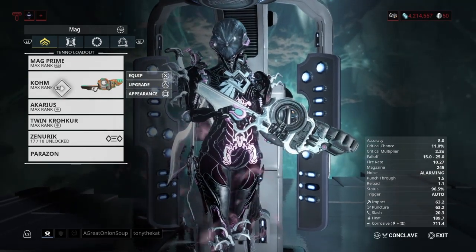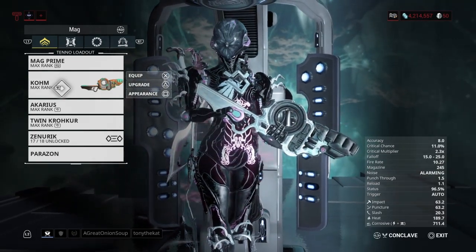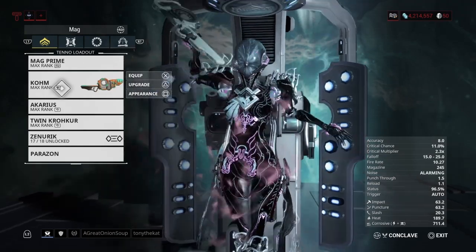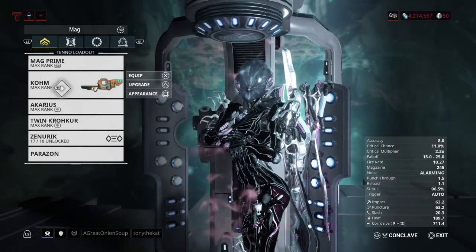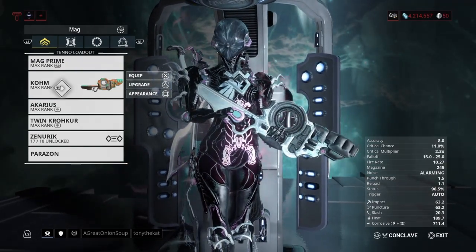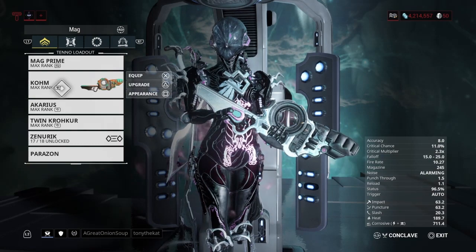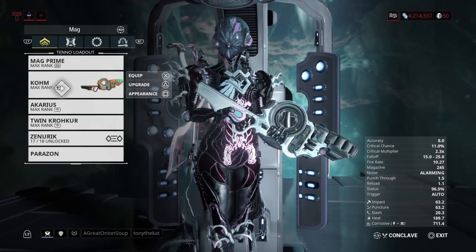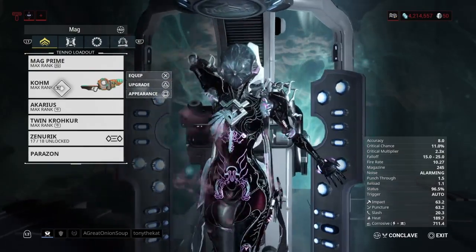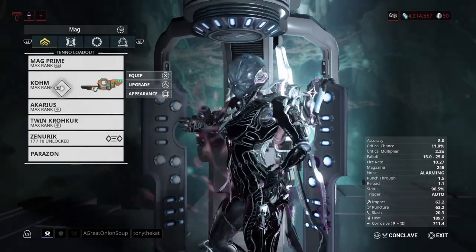Alright, the primary weapon that I like to use the most with Mag is the Kuva Kohm. And I know what you're thinking. The Kohm? What? You want a projectile weapon with Mag. You want to use it with the Magnetize. Hit scan is no good. No, that's wrong. The Kohm, the reason the Kohm synergizes so well with Mag is because each time the weapon